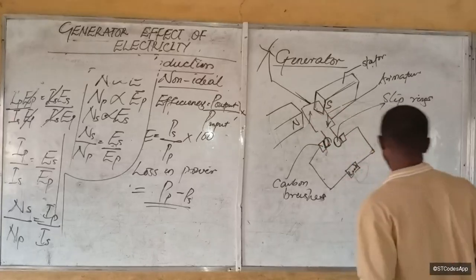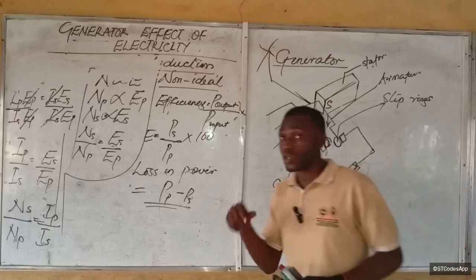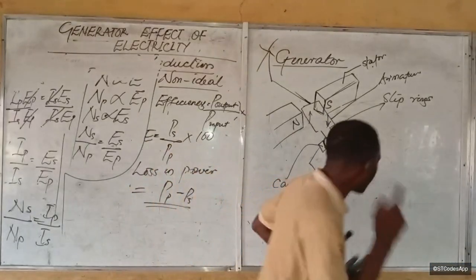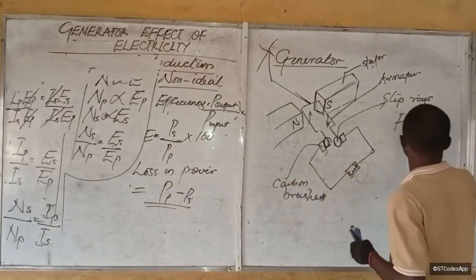We know the direction of the armature now, but what direction will the current flow? So that is where Fleming's comes in,